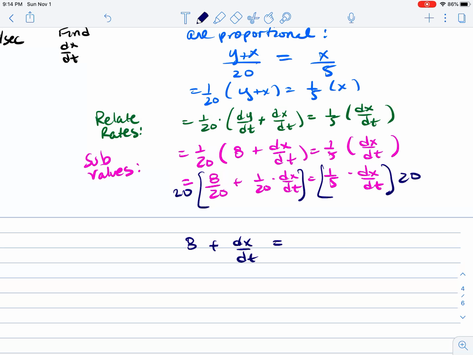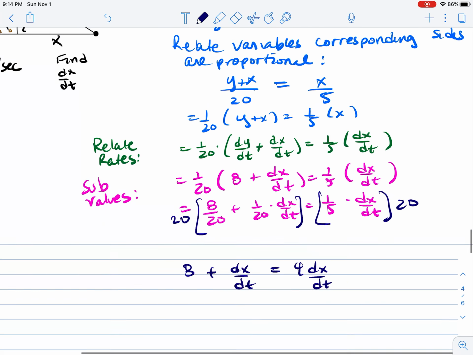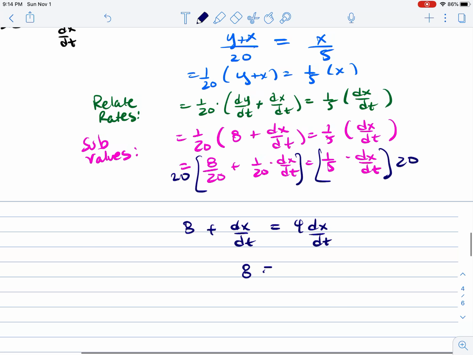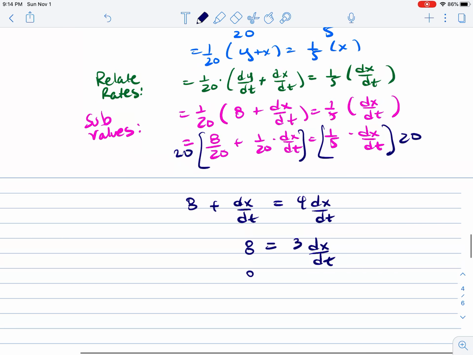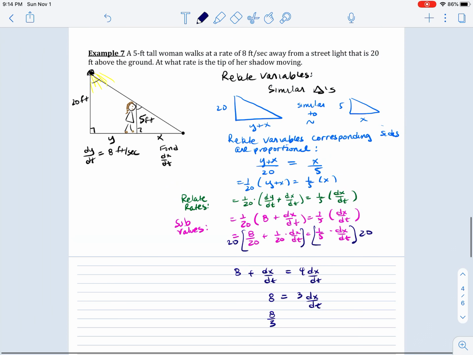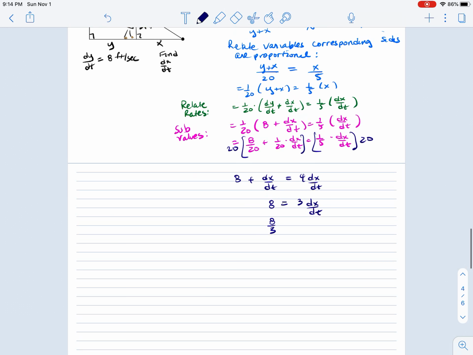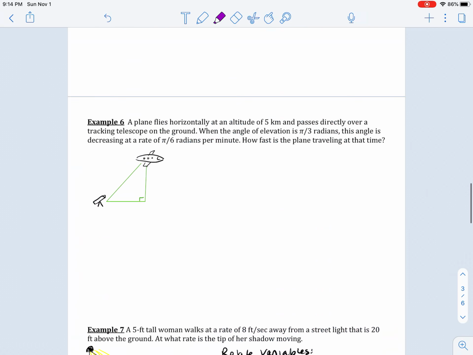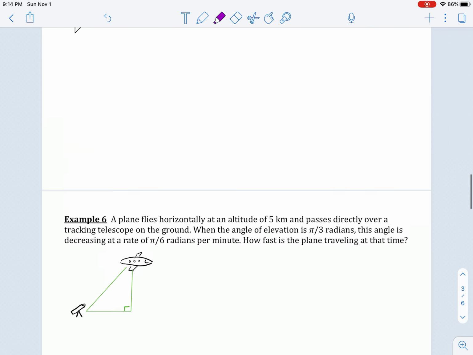And in doing so, I end up with 8 plus dx/dt equal to, and 20 divided by 5 is 4 dx/dt. And so I end up with 8 equal to 3 times dx/dt. And so I end up with 8/3. And what is this? What are the rates of change here? We've got feet per second. So 8/3 feet per second is going to equal dx/dt,